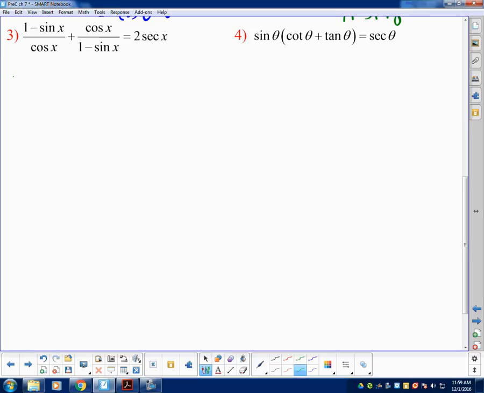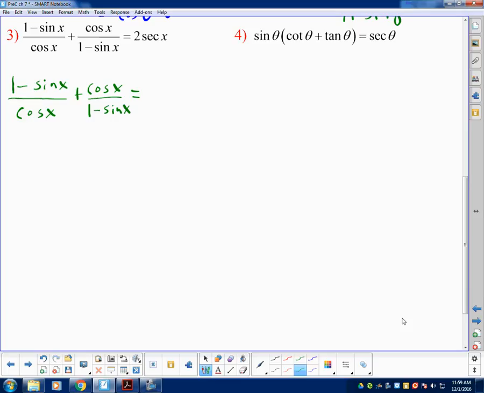So we're going to start with the left-hand side. 1 minus sine x over cosine x. Plus, I just copy it down again. So I'm just recopying the problem, deciding on which side I'm going to start with. Okay. Then I place my equal sign, and I am going to find a common denominator to join these together